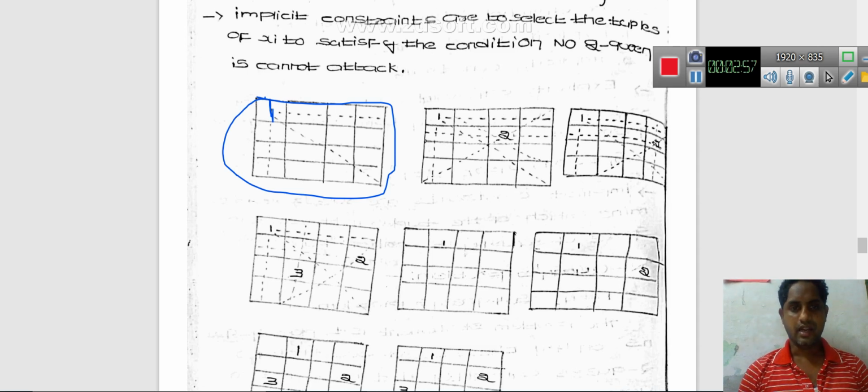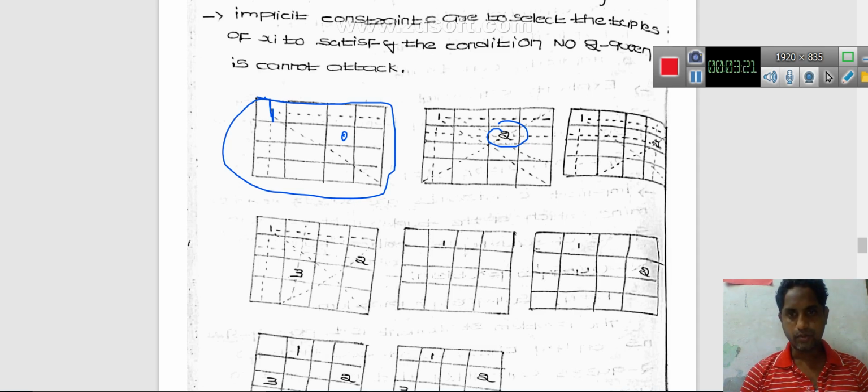There is no place here, and here. Now you can place the second queen in this place here. Also the same row, same diagonals are not assigned.